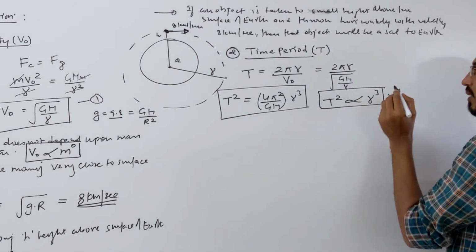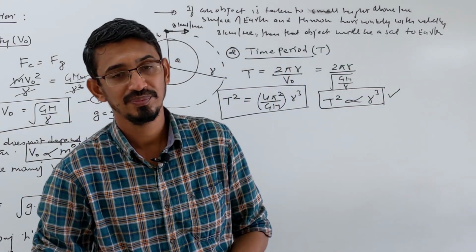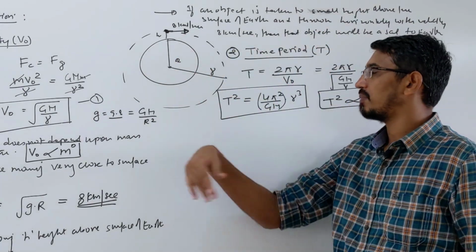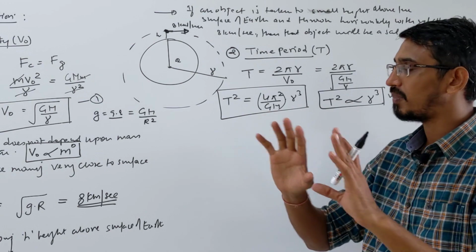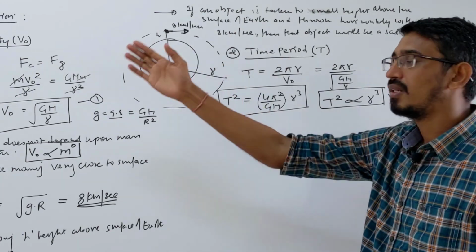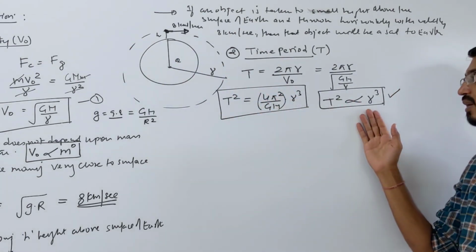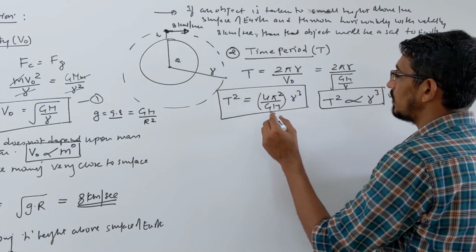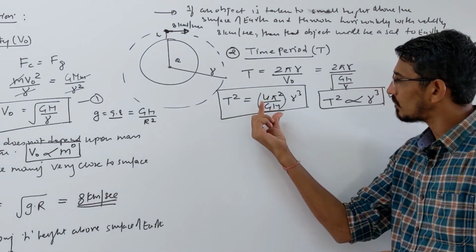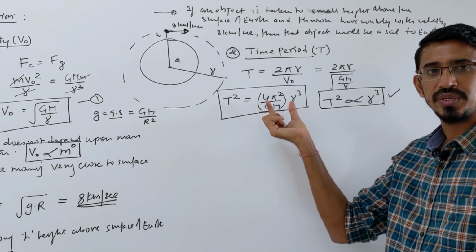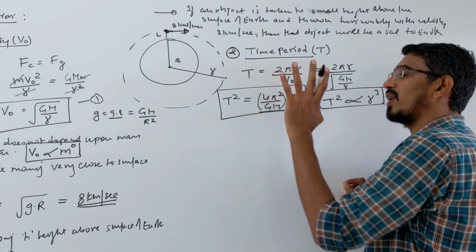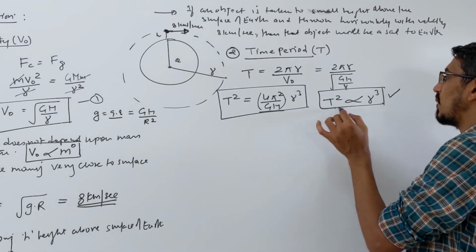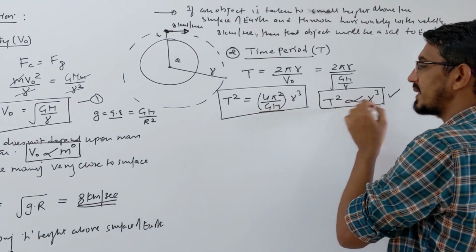This you have learned already, in Kepler's third law, the law of periods. The time taken by a planet around the sun, or a satellite around a planet, T square is proportional to r cube. This we have already done. Just 2-3 years ago they asked a question related to this constant term in our exam, so keep that in mind. So T square is proportional to r cube; questions on this we have already done.